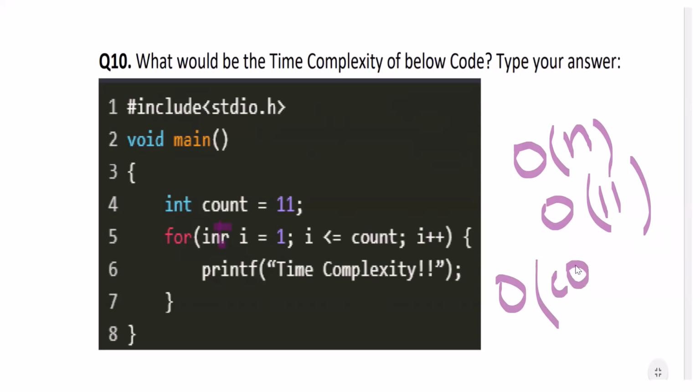Since these papers won't go to physical checking, only one output will be fed in their system, which is true. But here all of these can be true. So I don't know how they will manage these things. Still, if you ask me which one to go with, I would prefer O of n, because when talking about time complexity, I don't think we ever say O of count or O of 11. We always say O of n, although these are also not wrong. So if you get this type of question, excluding the 11 or count, you must write it as O of n.